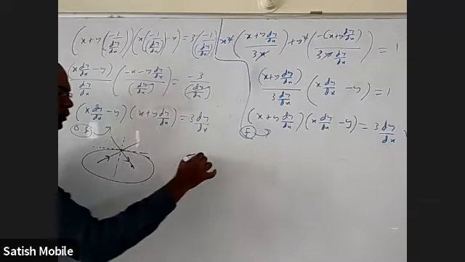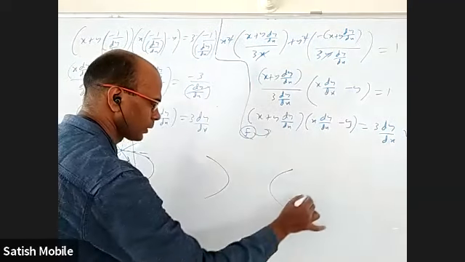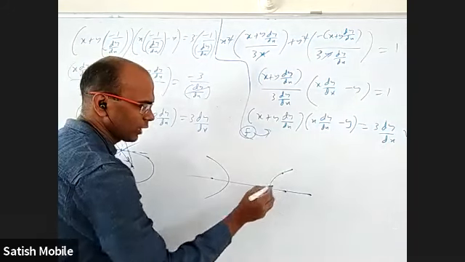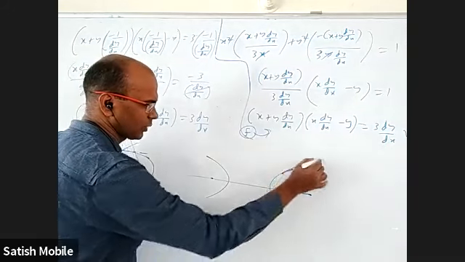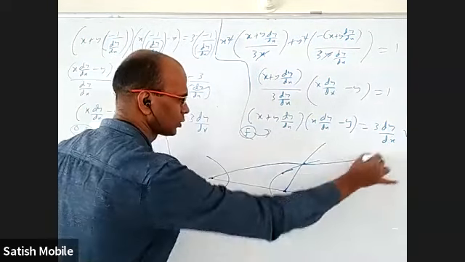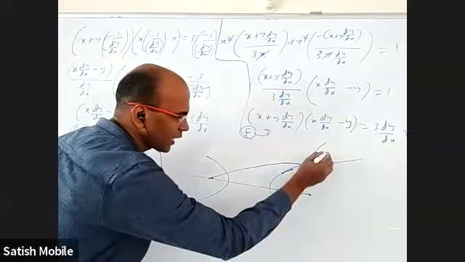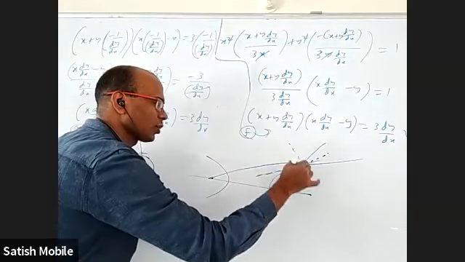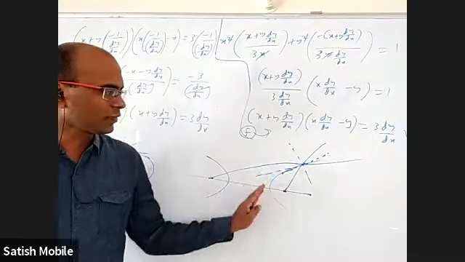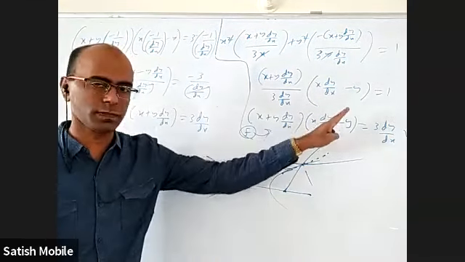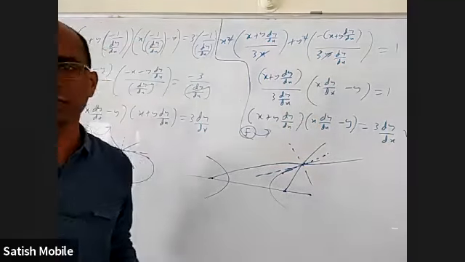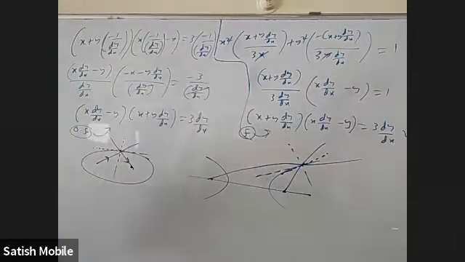Okay. Coming to the hyperbola, the hyperbola also will have two foci. You take any point on the hyperbola and join it to the two foci. I'll take a point here. This is one and this is another one, the two rays. Then the tangent is this angular bisector and the normal is this angular bisector. Again, when you send a light ray like this, after reflection from the hyperbola it will go like this. This is the incident ray, this is the reflected ray, and this is the normal. You know, angle of incidence equals angle of reflection.